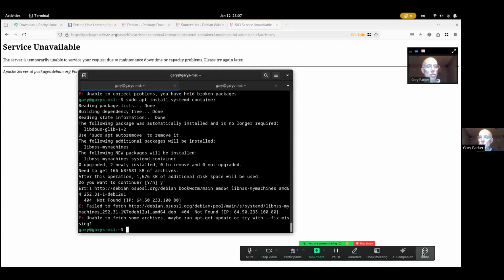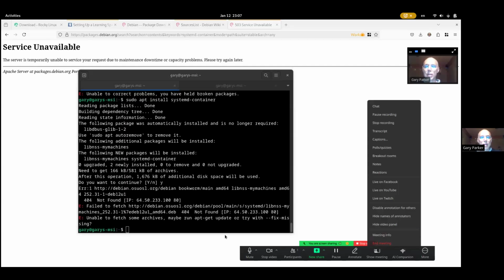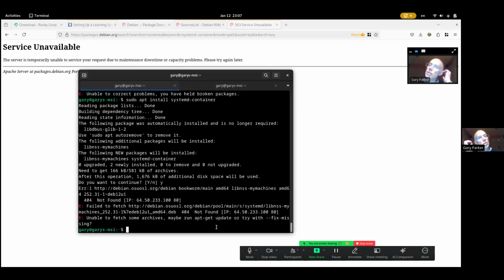Okay, so I'm still messing around here with trying to install the virtual machine manager. Last time I did this, it was like a one-shot deal. Apt install virt-manager and boom. This time it doesn't go so well, and that's just the way of the world. So one of the dependencies was